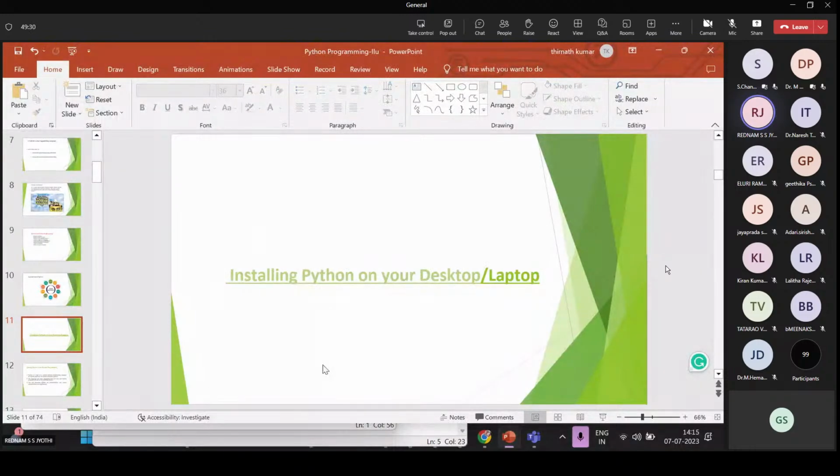First of all, type in Google simply Python, and go to www.python.org. There we have the latest version. I think Python 3.11 is the latest version. We have to download that and easily install it in our computer system.